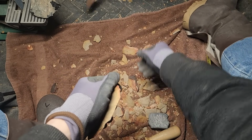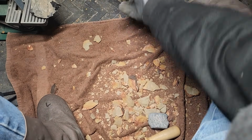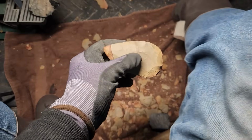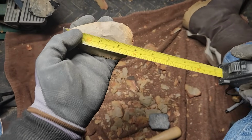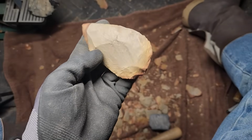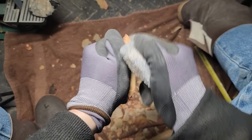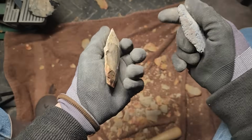That overshot hurt. Hold on a second. Let me throw some of these in here. I just lost a bunch of width. I didn't lose any length, but I trimmed a bunch of length off a little bit earlier, so now I've only got, let's see, 3 7/8. All right, let's switch. The bopper is too powerful. Too powerful